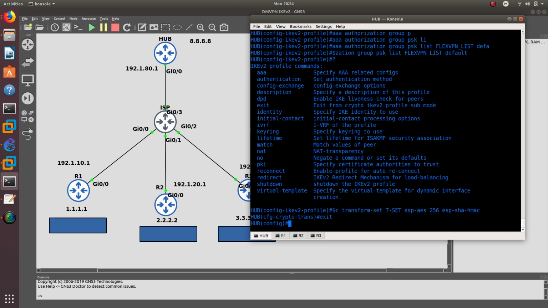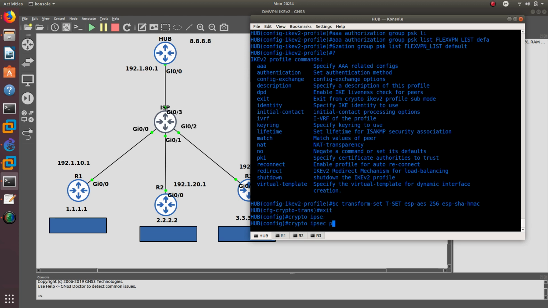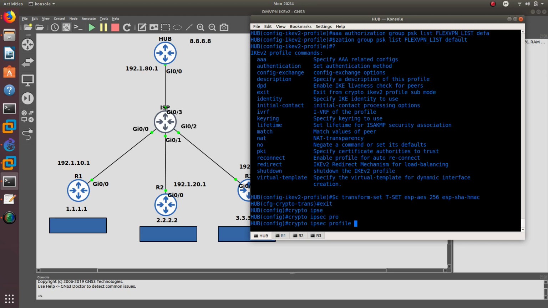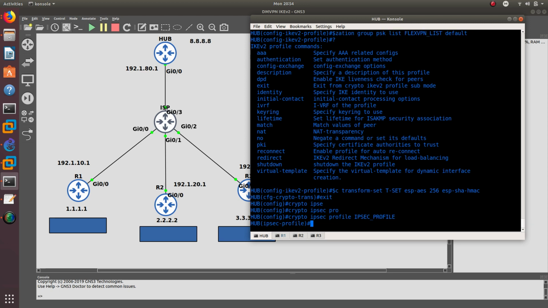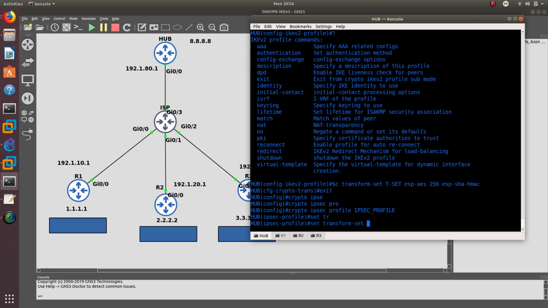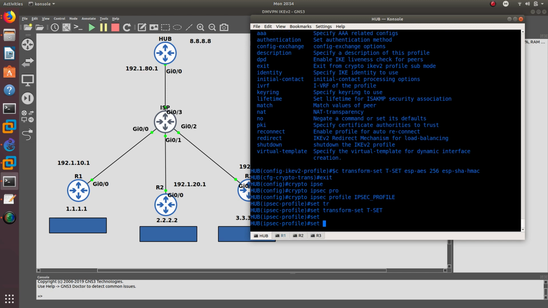Done. Now we need to go ahead and create the crypto. We are going to add the crypto IPSec profile, and this one's going to be called IPSec profile. Need to spell it right, profile. And from right here, we need to attach the transform set, which we call tset. And also we need to attach the